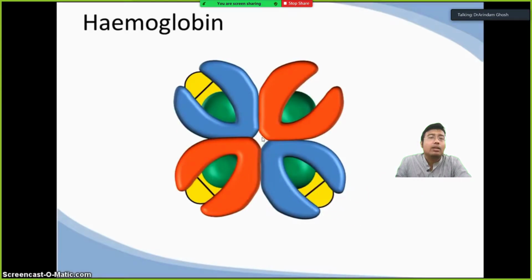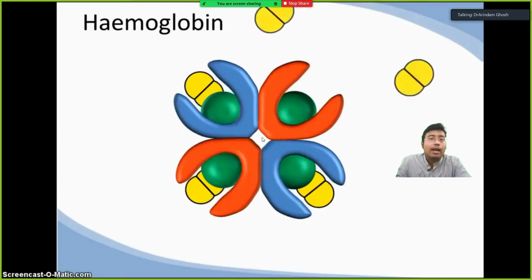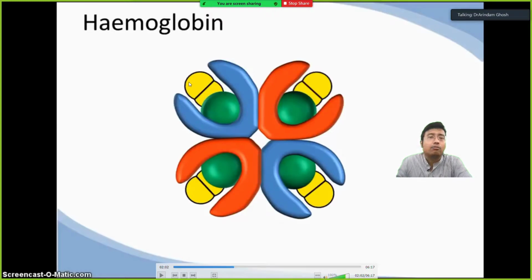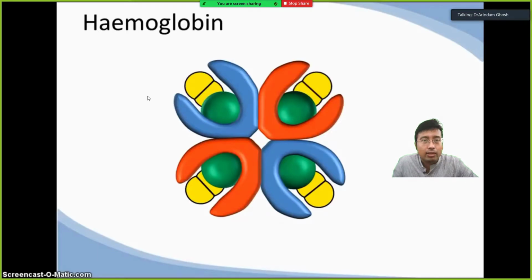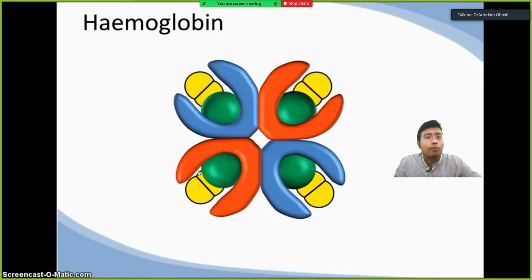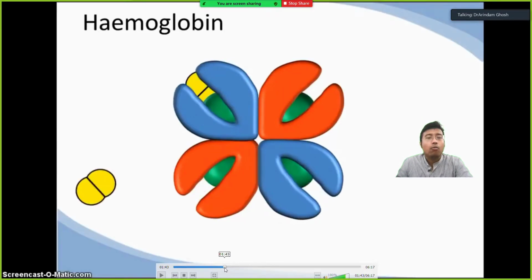So now the third molecule can enter much more easily, and the fourth molecule can just enter. It has got 300 times more affinity compared to the previous three molecules. The first one was too difficult for it to enter, the second one entered, but with some problem, the third one was very easy, and the fourth one is 300 times more attracted, right? Now there is a reason why it happens, okay.